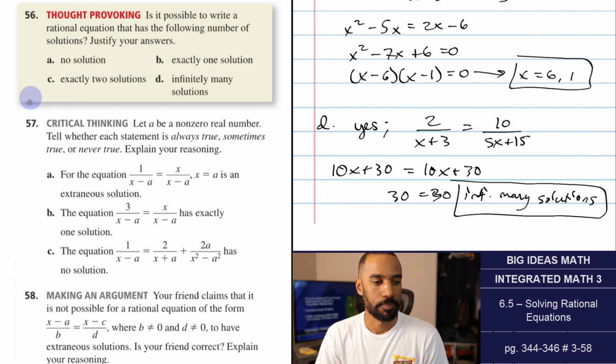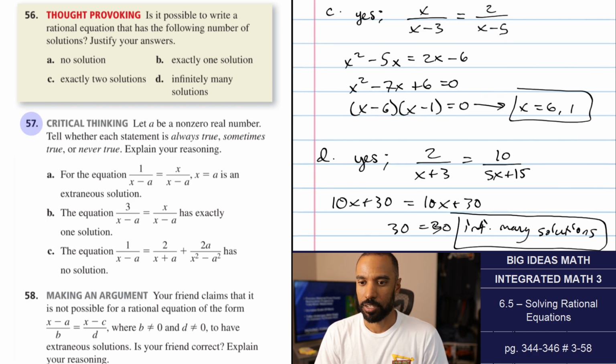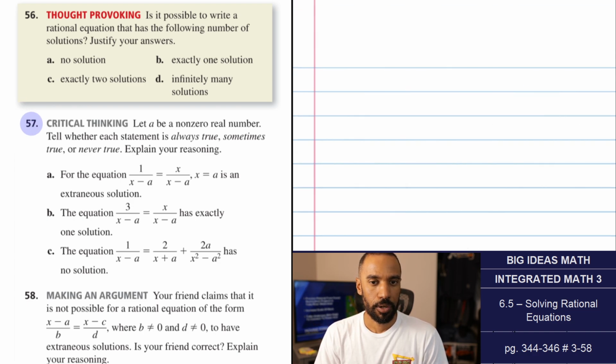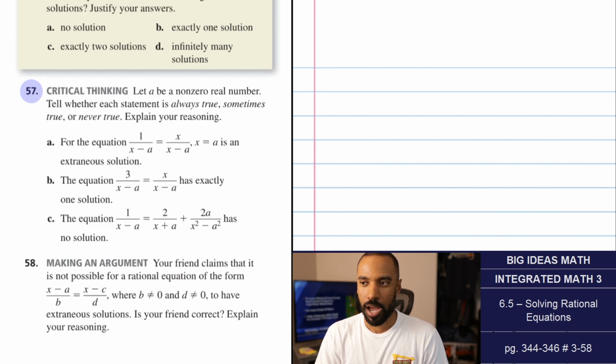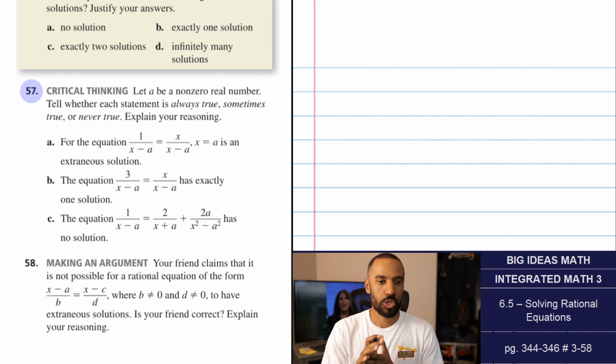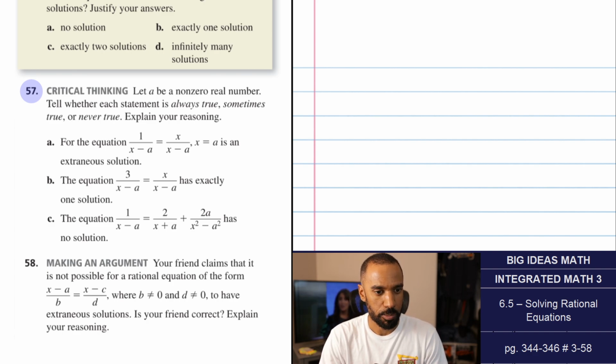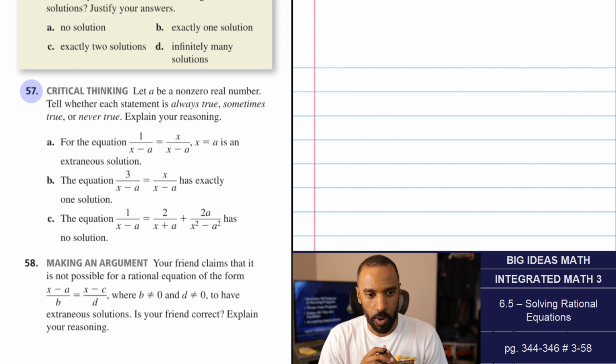But yeah, that's that. All right, number 57. Critical thinking. Let A be a non-zero real number. Tell whether each statement is always true, sometimes true or never true. Explain your reasoning. For the equation 1 over x minus a equals x over x minus a, x equals a